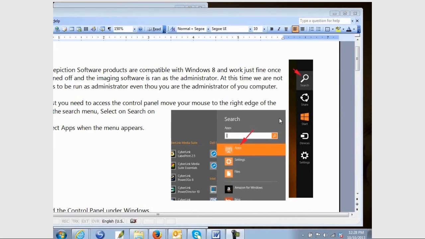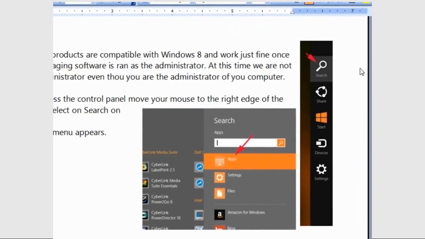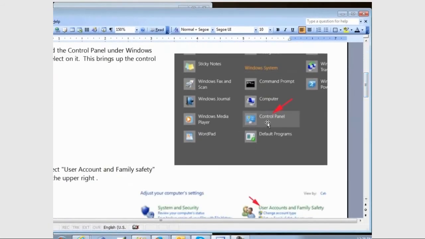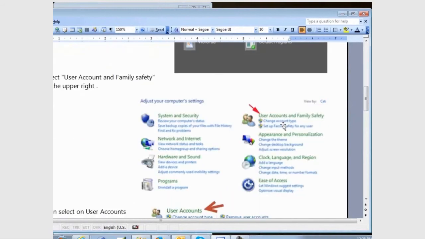So first of all, you need to scoot your mouse over to the right of the screen so that you can see this menu here and click on Search. From Search you could click on Apps. From Apps you'll see the option for Control Panel. You have to slide over to the right in order to see Control Panel, and Control Panel will bring you